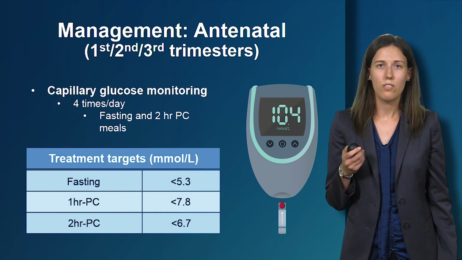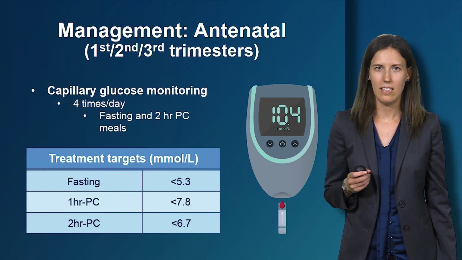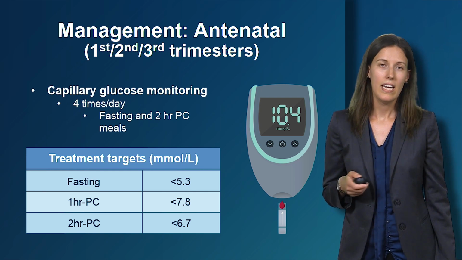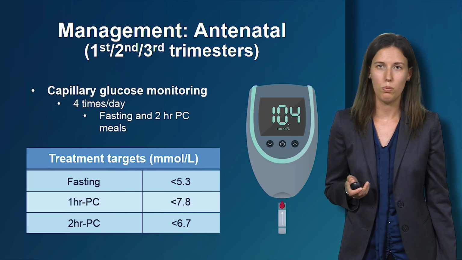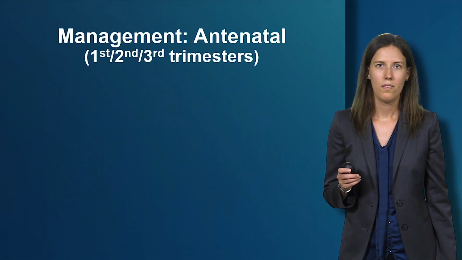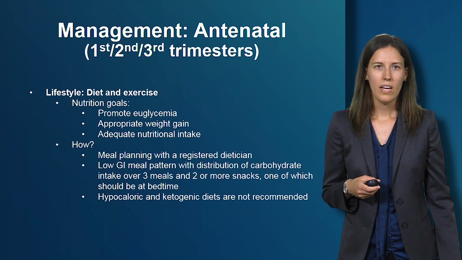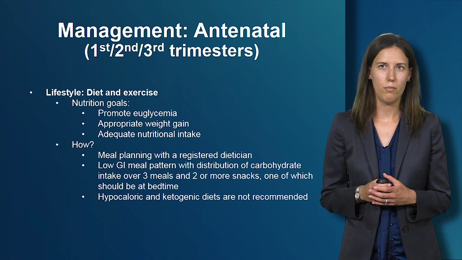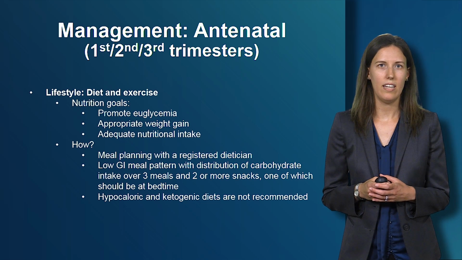And once again, these are the treatment targets: fasting less than 5.3, 1 hour after meal less than 7.8, and 2 hour postprandial less than 6.7. The next step to management after teaching and monitoring capillary blood glucose is to discuss lifestyle,